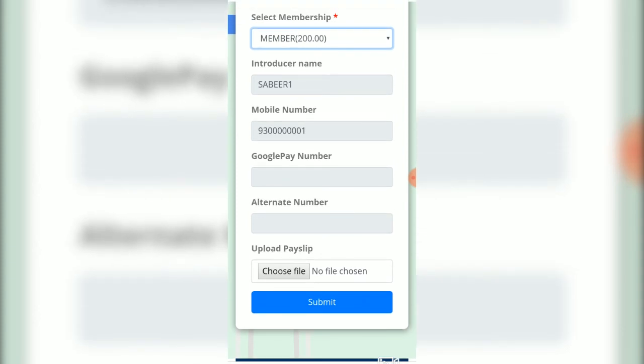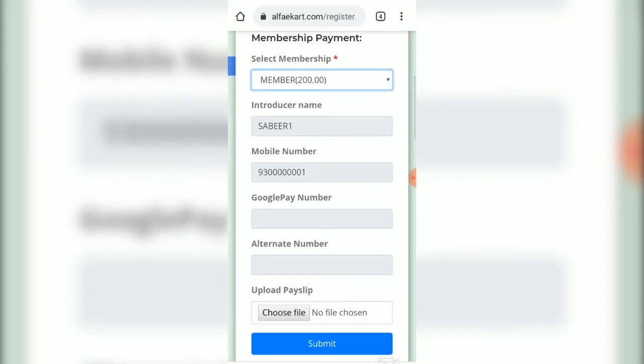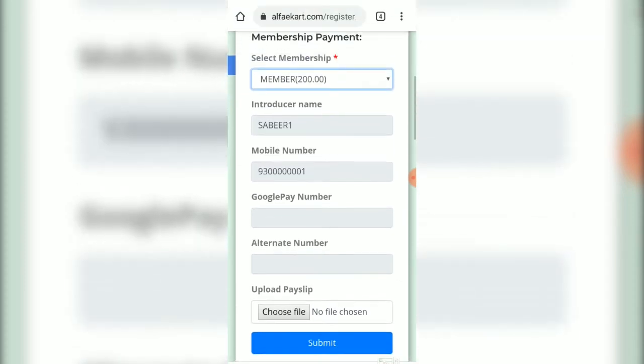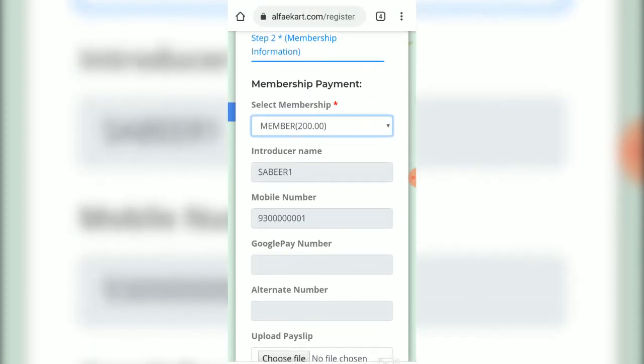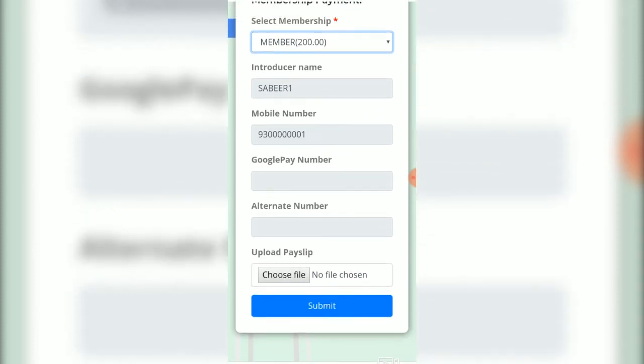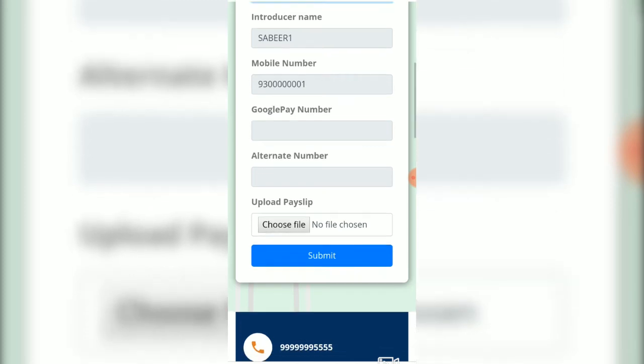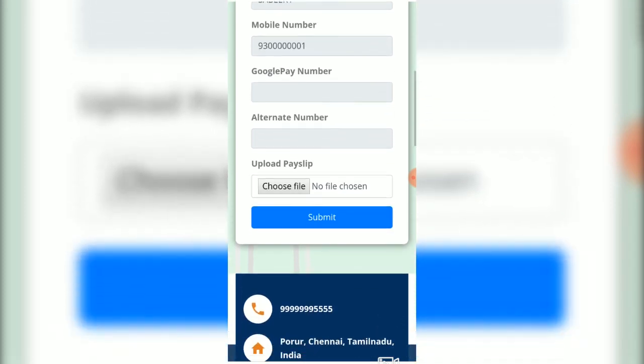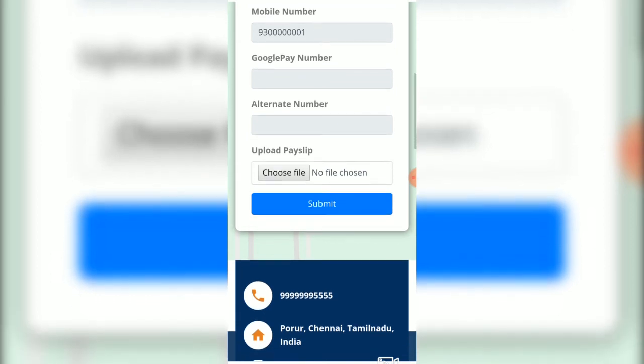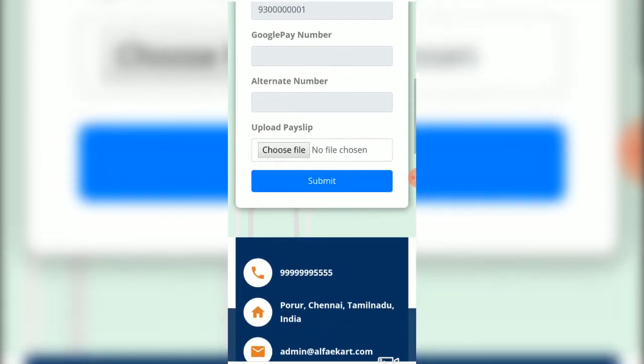After that, you should select the membership and send money to the introducer, and you should take a screenshot of the transaction. After that you should upload the screenshot of the transaction here.